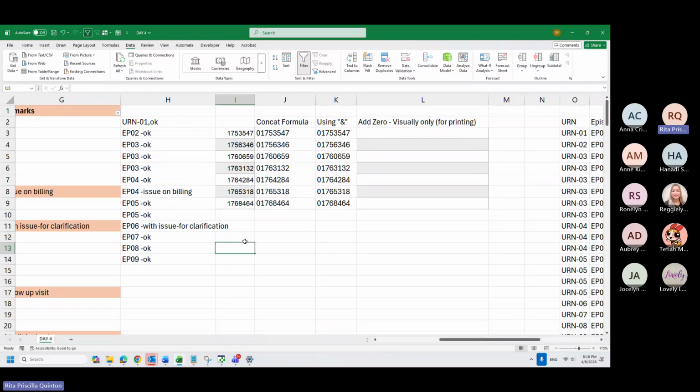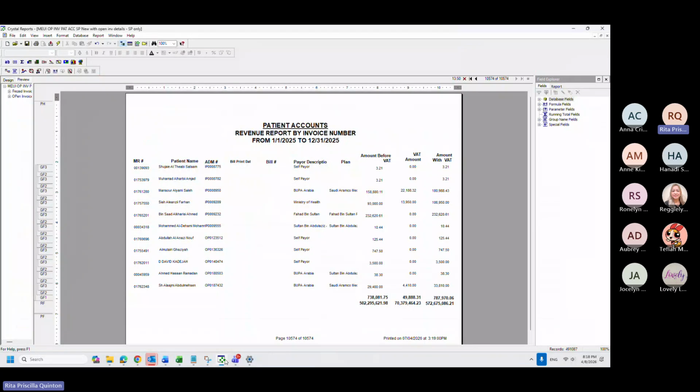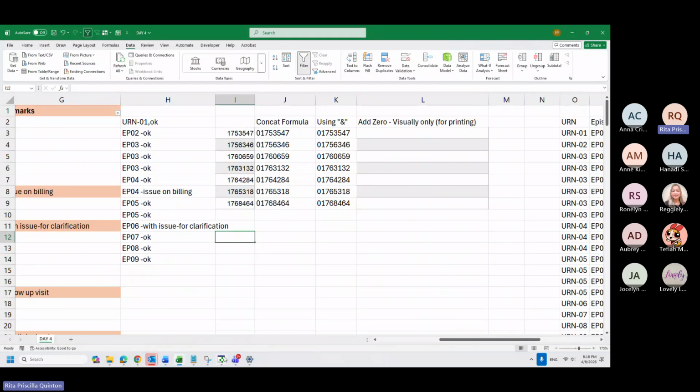On more complicated cases, in Crystal Report, sometimes I have to filter only what I need. For example, I only need these patients in a Crystal Report. There's an option in Crystal Report where I can filter only these patients, but I have to do them with comma.